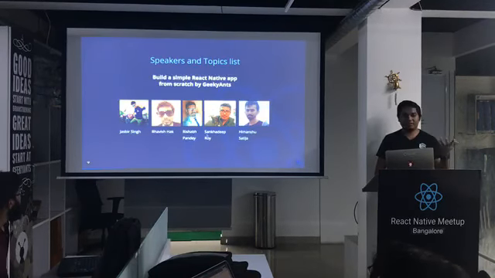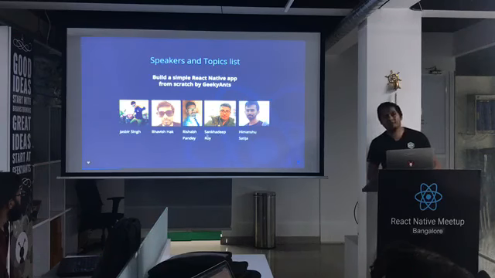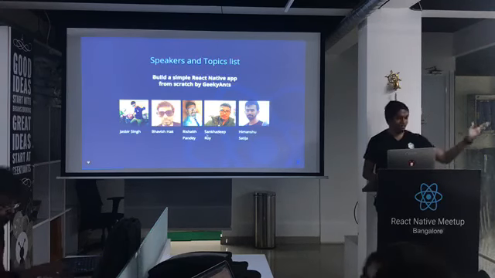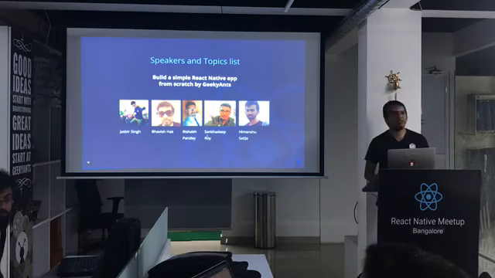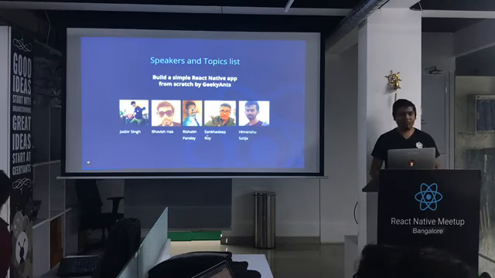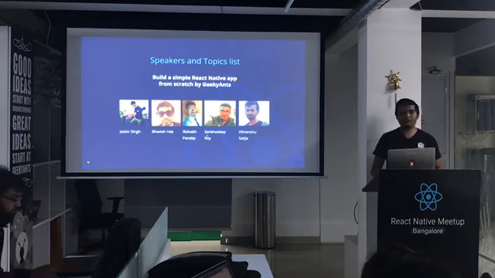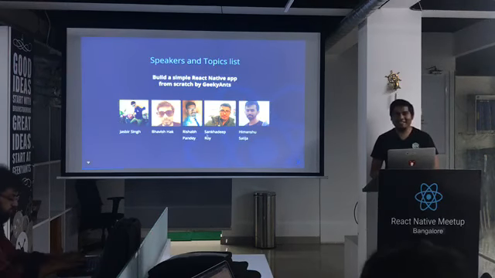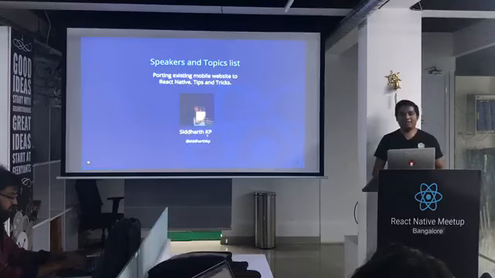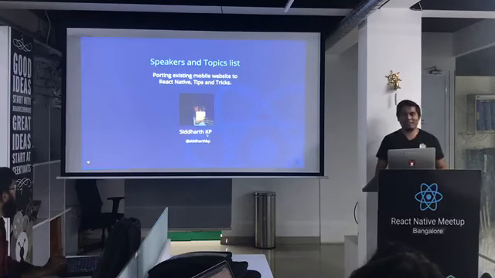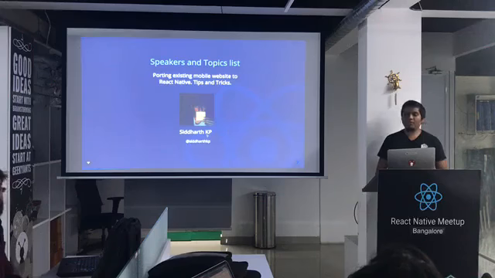That's by the GeekyAnts team, where we have Jasveer, then Bhavesh, and then we have Rishabh, and then Shankari, and then Himanshu. All right. That's the first talk going to be, and then the second one is by your rockstar Siddharth from Practo, and he'll be talking about porting an existing mobile website to React Native.